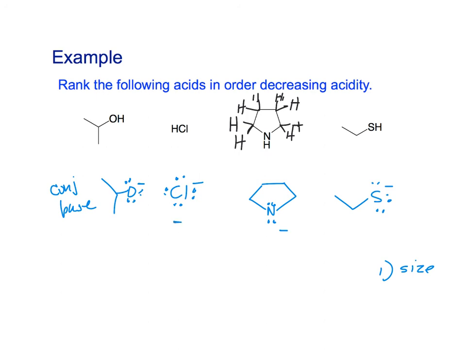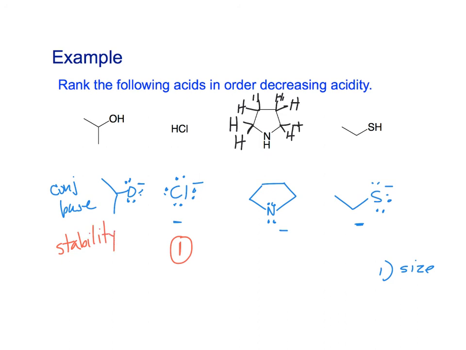That's chloride and the sulfur anion, the sulfide. And so chloride is more to the right. It's more electronegative than sulfur. And so the most stable is going to be chloride. So this is going to be the most stable. This is stability,